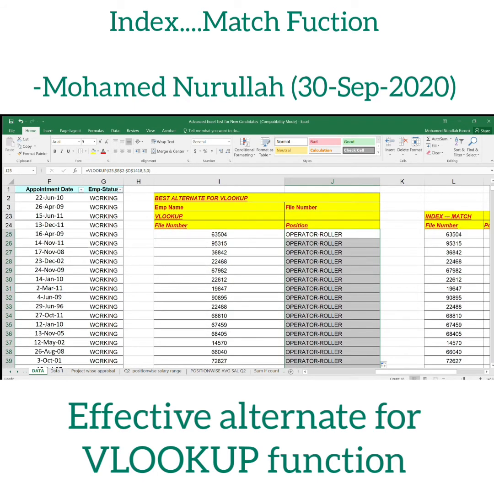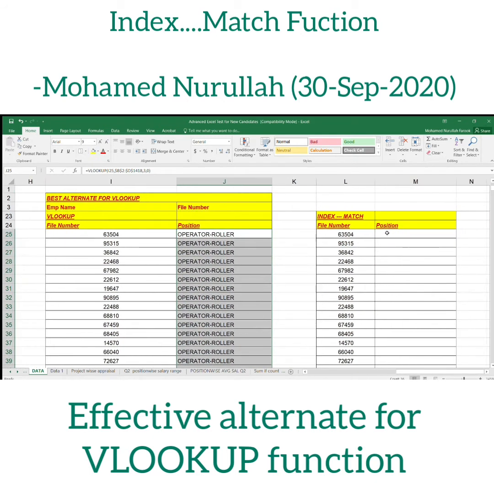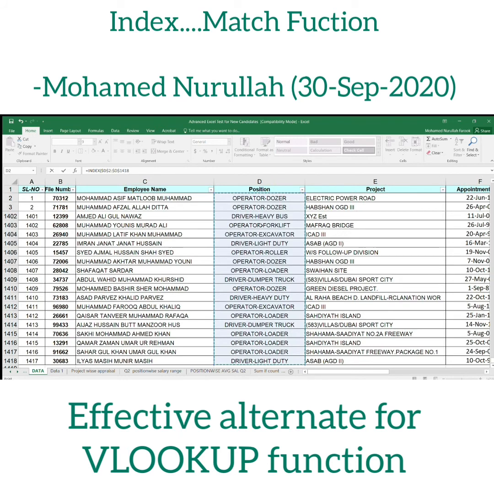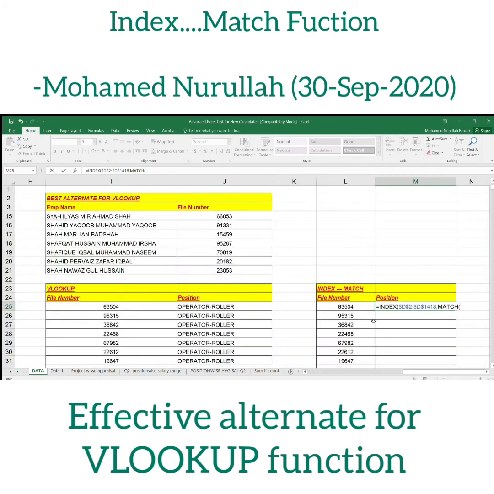The same thing, in a normal situation, you can do through INDEX MATCH, similar to how I explained just a while ago. Do the same INDEX. What do you need to index? You need to index the position, meaning you need to find the position. From where? Go to the dummy database, select the entire column of position, put $F4, then MATCH. Match what? You have to go back to the table with the random file number, select the file number, put